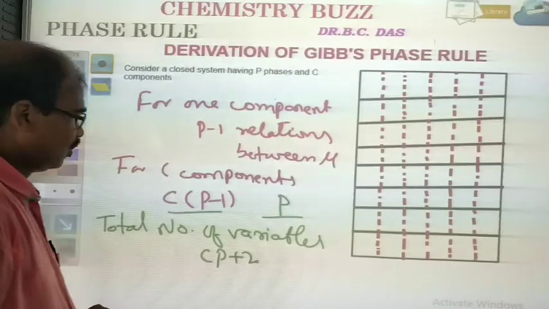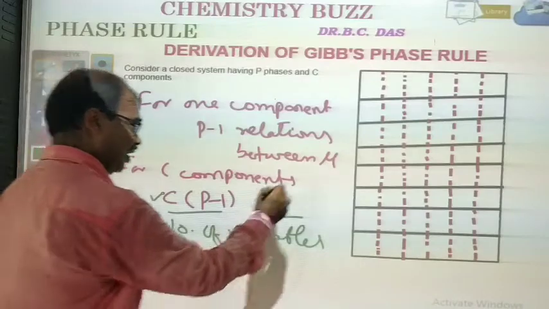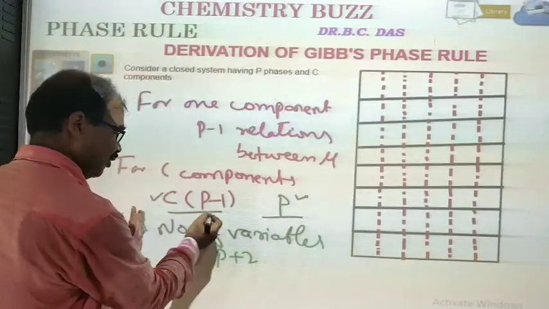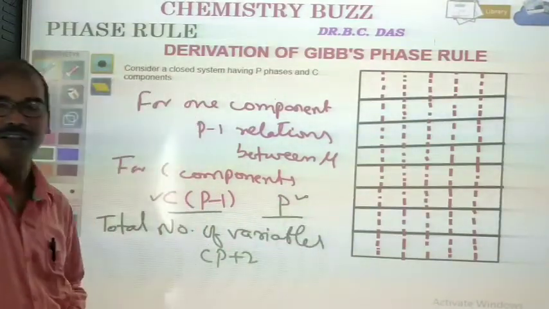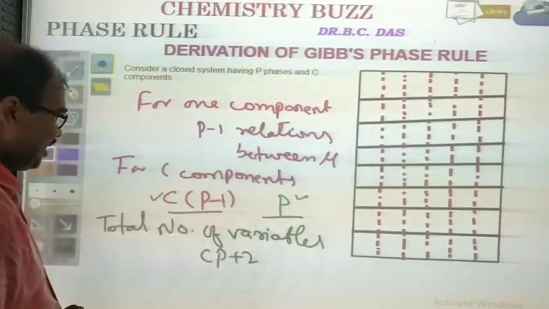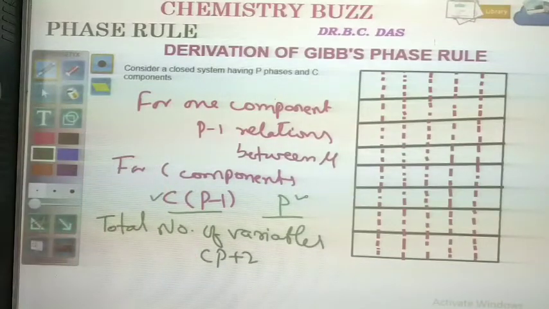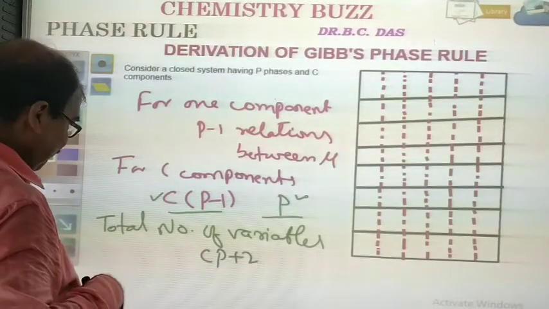So this is a set of relations among the components or constituent species in this system. So the number of independent variables, that is the degree of freedom,